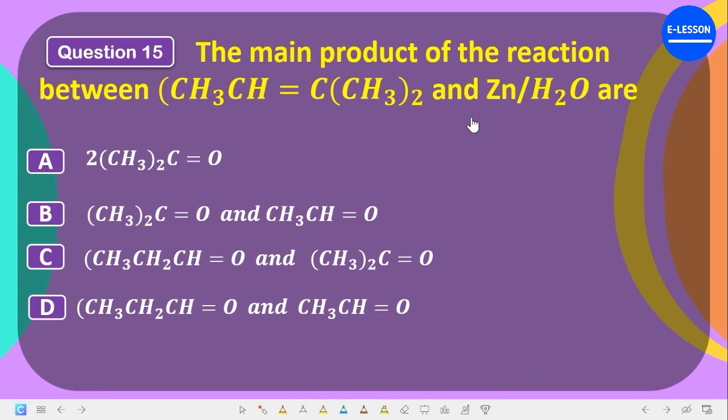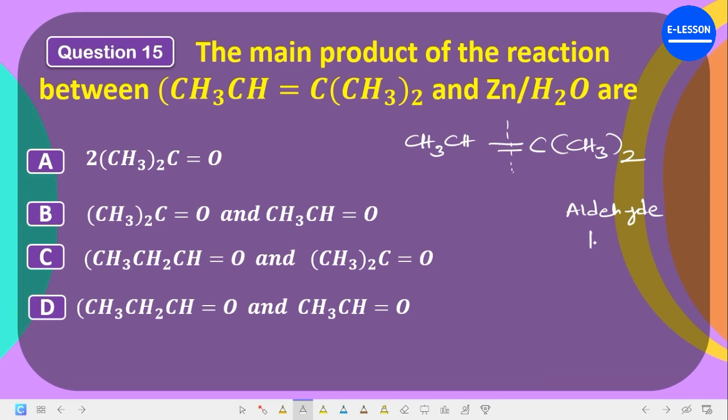The next question says the main product of the reaction between this and this is, what will be the main product? Now, whenever you are given any question like this, I usually say this reaction is called ozonolysis. Ozonolysis means the addition of ozone to the double bond of an alkene to form a carbonyl functional group, which can either be an aldehyde